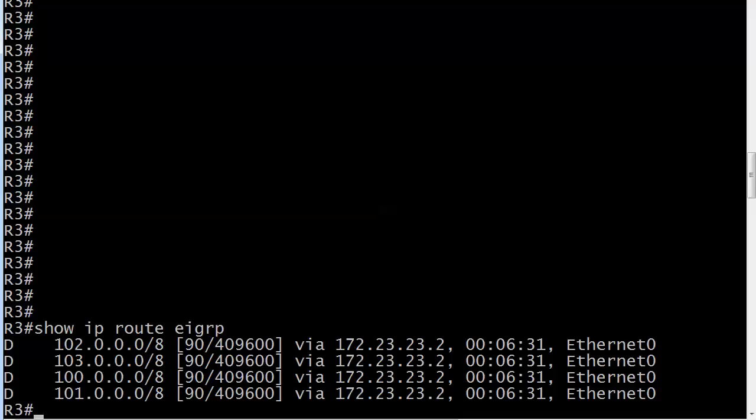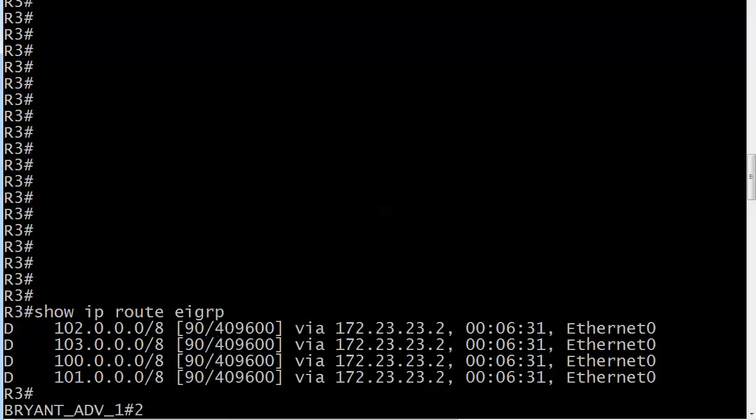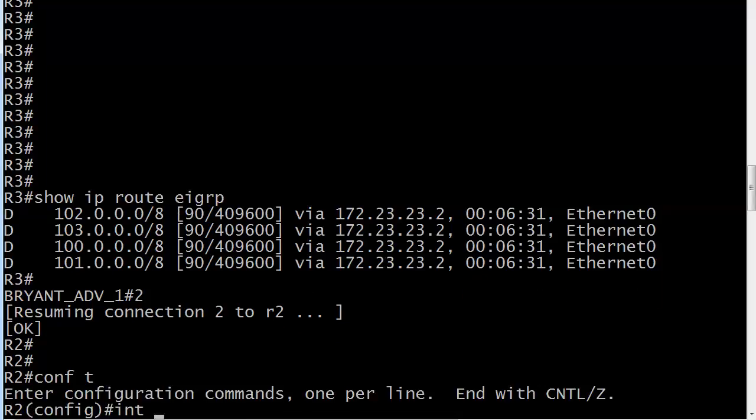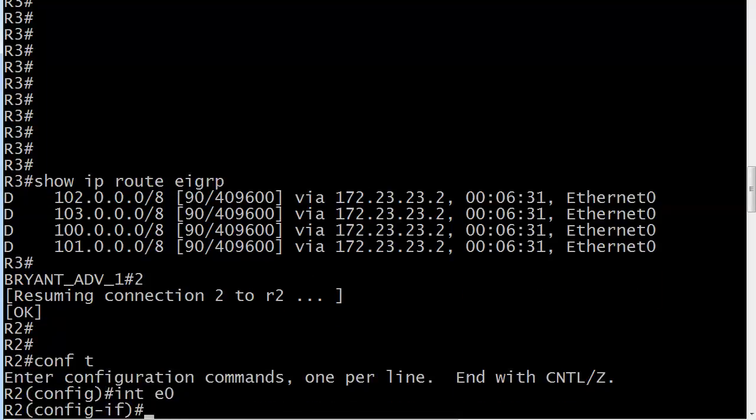Let's look at the routes right now that 3 is getting from 2. And we see 4 entries there, and we can actually knock that down to 1 entry. Let's go over to router 2 and do that. And we know what the summary address is. Now let's put it on the interface that router 2 is using to advertise them, and that is Ethernet 0. So let's do a conf t, interface Ethernet 0, ip summary-address